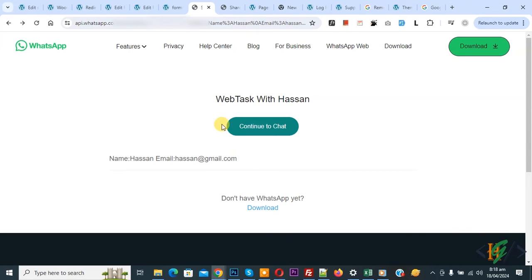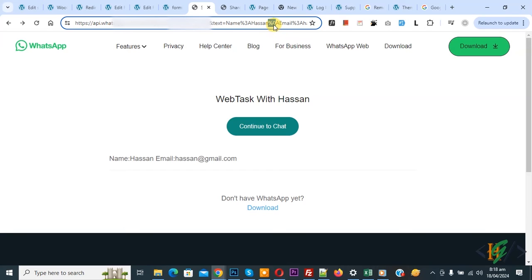So we are in the WhatsApp chat now and then you see data. So we are going to transmit this data to the WhatsApp chat with a break line. Now in the URL you see text, name, and then you see we added %0a. So this is for a new line or break line. So we are going to add a break line after Hassan in the WhatsApp chat.